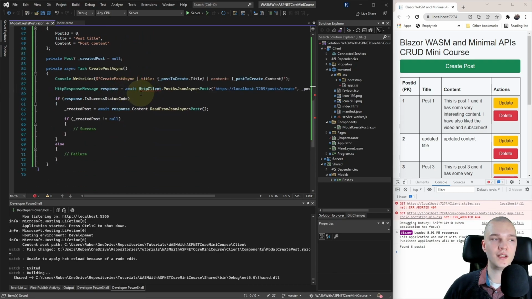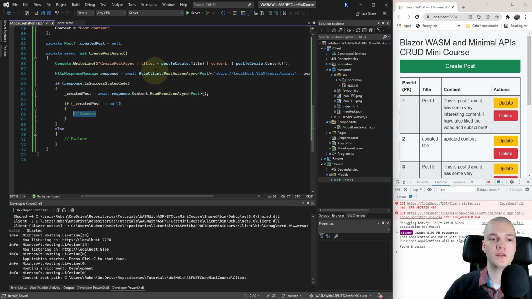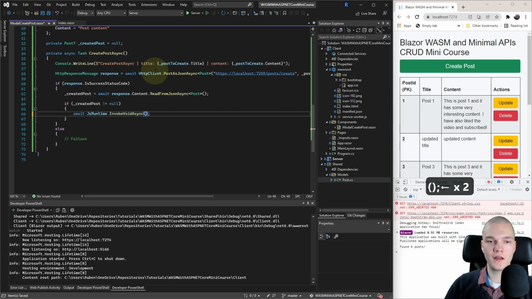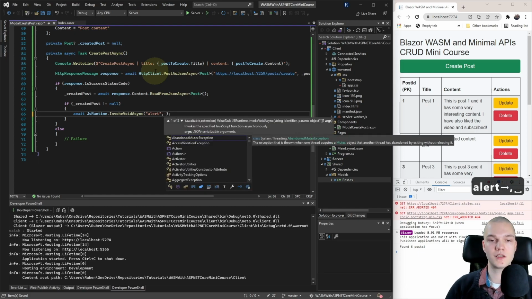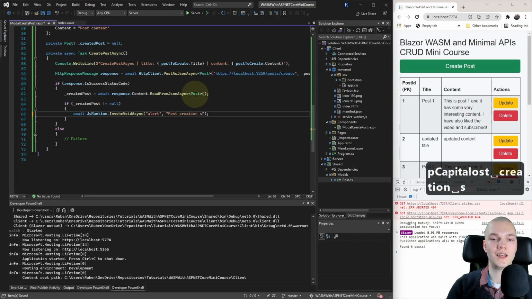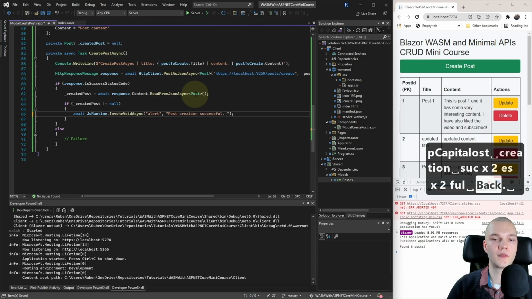So in CreatePost, I'll replace the success comment with await JSRuntime.InvokeVoidAsync, and for the function name, we'll do alert. And for the message, or the arguments, called args here, an object array, I'll just pass in a string: Post creation successful.